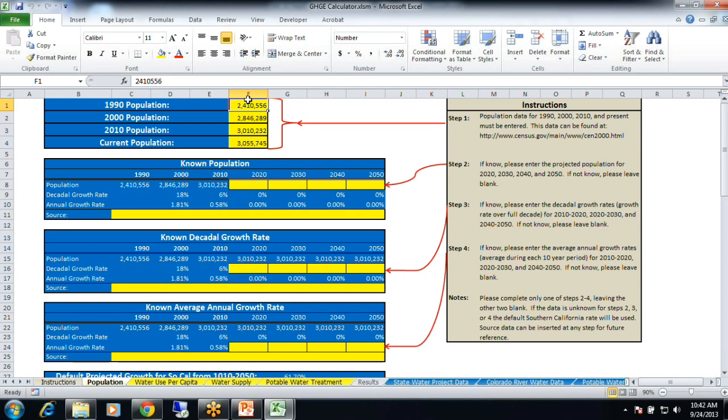So my population data that I have is, I'm just going to hurry and enter it, 114,176. 67, excuse me. I'm just going to enter these really quick.